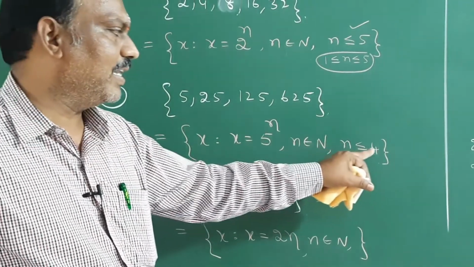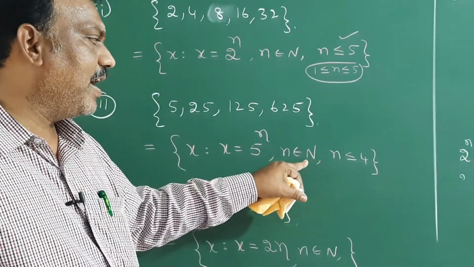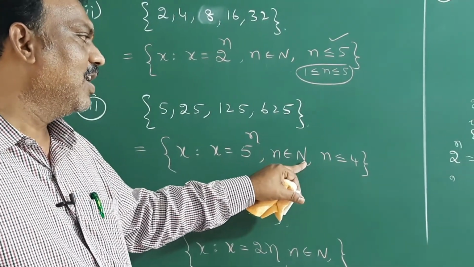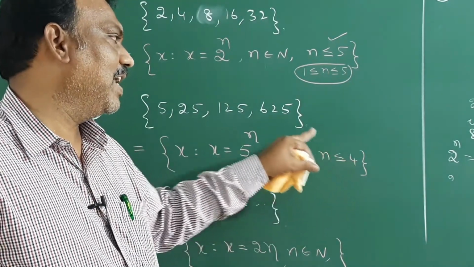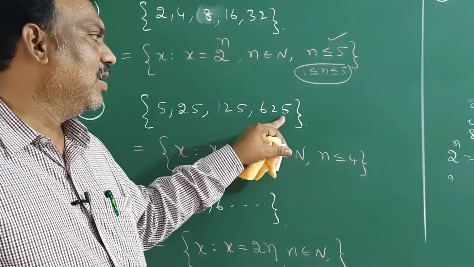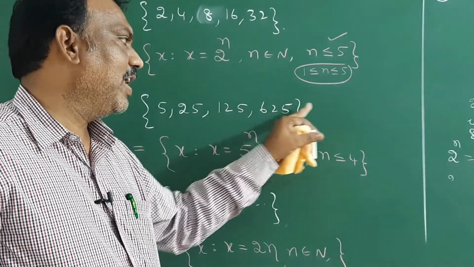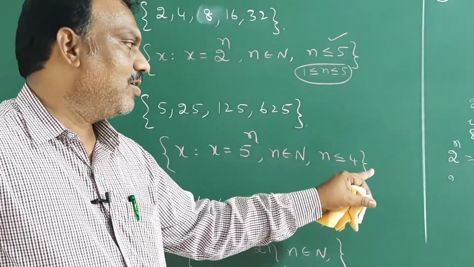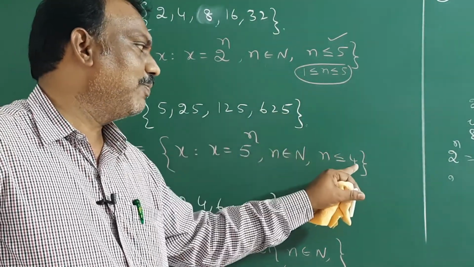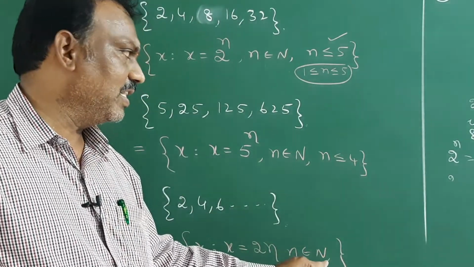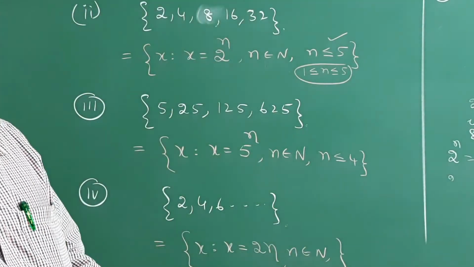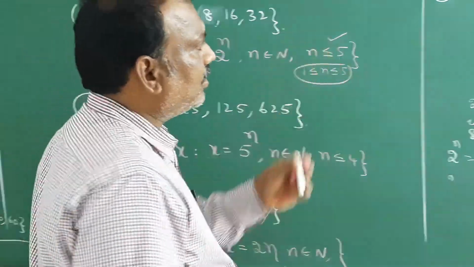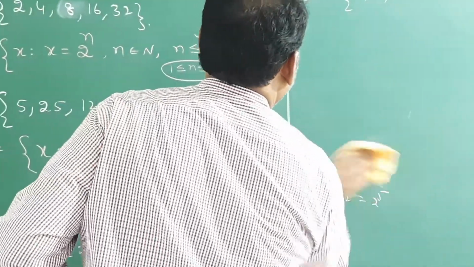In the previous ones, restrictions are there. Why? Because you should not take all natural numbers. If you take 4 natural numbers, then only you will get all the values. If you take 5, we don't have more values here. That's why you restrict it, n is up to 4. Here no restriction, natural numbers go up to infinity. So, the last question of this exercise, you can see here,